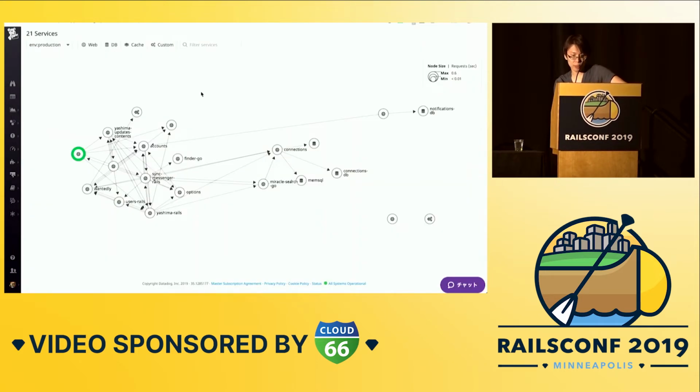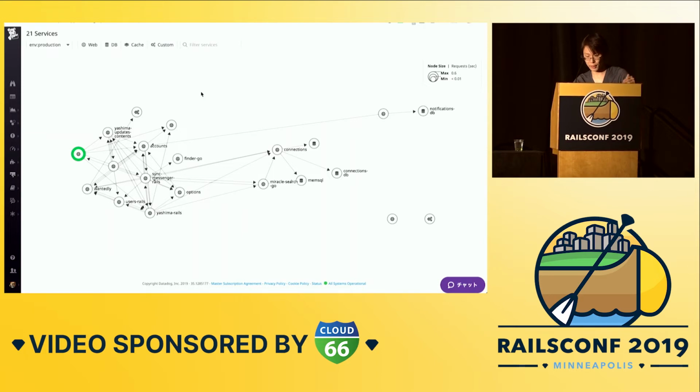Datadog also provides what it calls service map, which is effectively a dependency graph of microservices and database, which is similar to what I showed earlier. What's good about this is Datadog automatically creates it just from live tracing data. So this really tells you the truth.